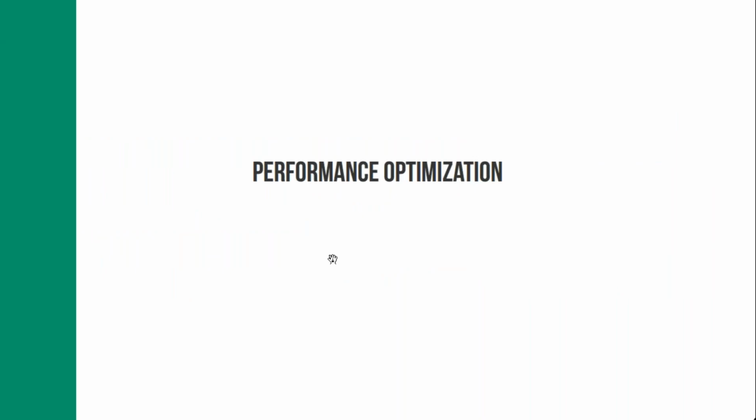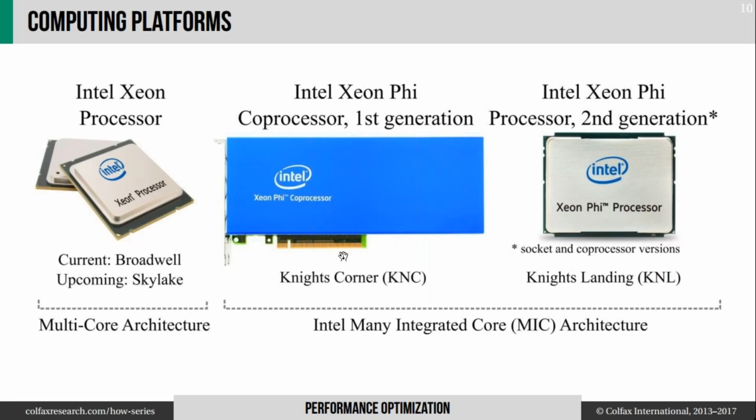As usual, I like to remind you that when we talk about performance optimization, we are trying to learn portable techniques so that the code that you write in C, C++, or Fortran can be recompiled and reused on multi-core processors as well as many-core